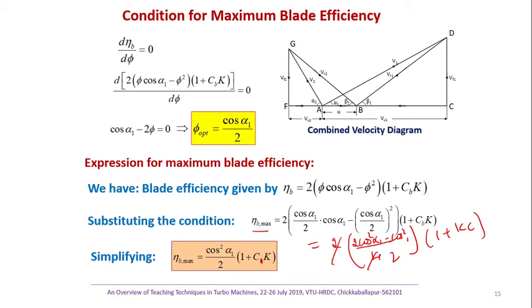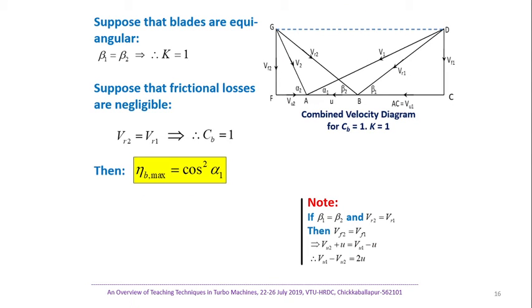So this is cos square alpha 1 by 2 into (1 plus kc). So this is what the thing is. Understood this one? Maximum blade efficiency, 100% this question you will get for sure. Condition for maximum blade efficiency, derivation for condition for maximum blade efficiency. Okay, if you have done that,